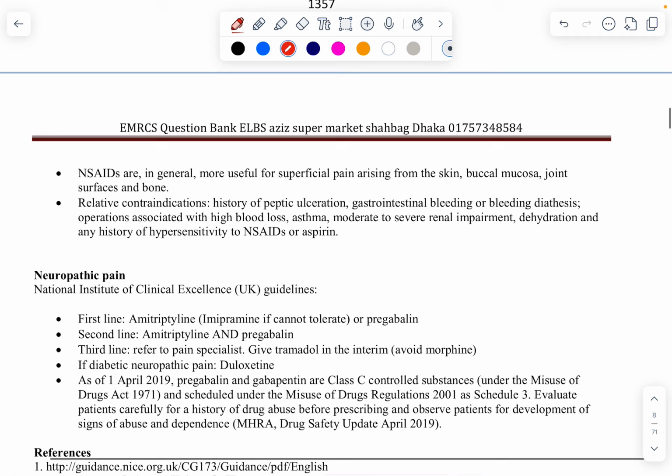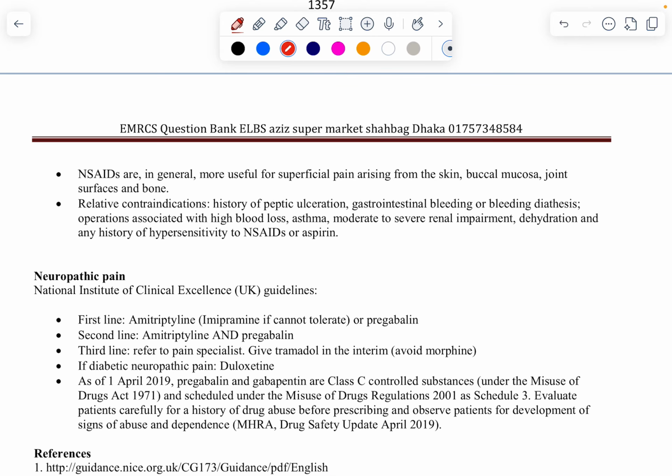Neuropathic pain: first line is amitriptyline. Second line is pregabalin. Pregabalin is also for neuropathic pain. Third is tramadol. Diabetic, duloxetine. These are the drugs important for diabetes. National Institute, NICE